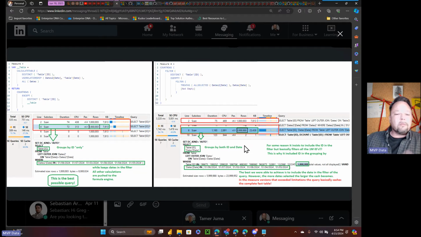So you can write whatever DAX you want, as long as the query engine can translate that into something that gives reasonable performance to grab it from your data set, then you're going to have good performance, whether you're using calculate or calculate table or the no calculate approach, because you don't have any control over this. This is all done by the bowels of the DAX engine.